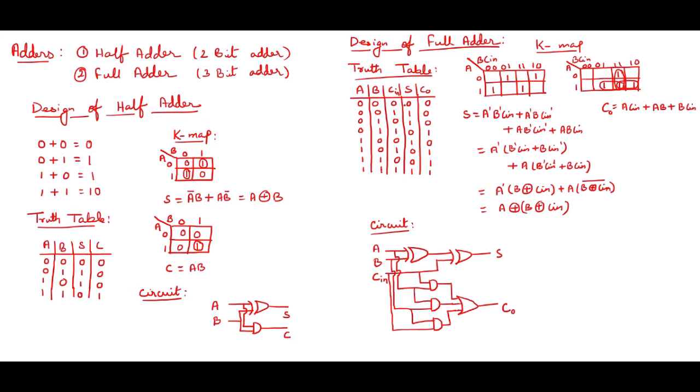Now when I add this, what I am getting for the first one, 0 plus 0 plus 0 is 0 0, 0 plus 0 plus 1, sum is 1, carry is 0, 0 1 0, sum is 1, carry is 0, 0 1 1, so it will be 10 obviously, sum 0, carry 1. Similarly over here I'm having single one, so it's 1 0. Here I'm having two ones, so it will be 10 again, so 0 carry 1. Here two ones again, so 0 carry 1. Here three ones are there, so 1 plus 1 10 plus 1 11, so sum 1 carry 1. So I got the truth table.